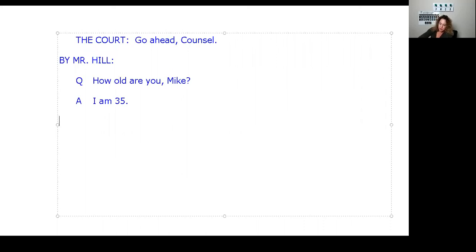Now, let's say that the other attorney, the defense attorney, wants to jump in. And his name's Mr. Barry. Okay, so all caps, colon, 2 spaces. Your Honor. Now, Honor is always capitalized.